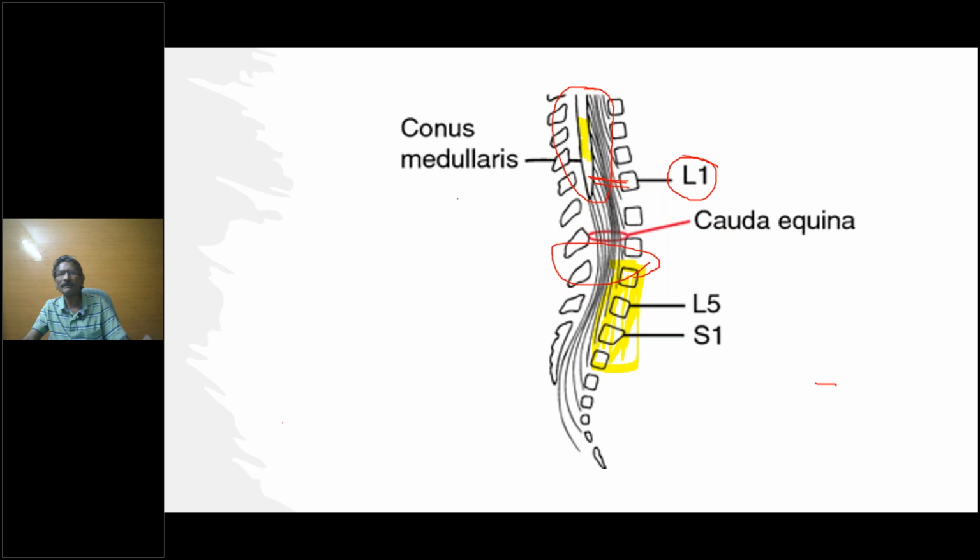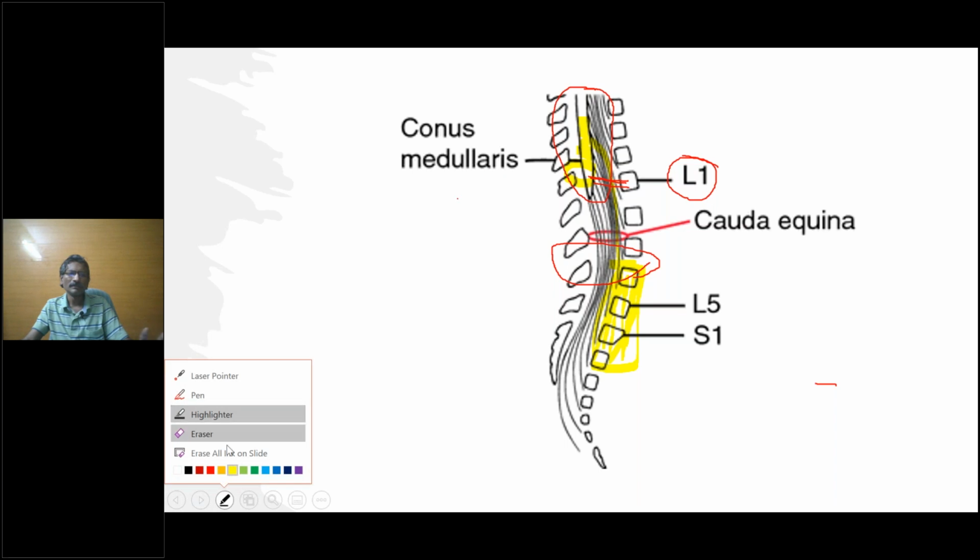This will be the lesion. Okay, but that will affect these roots. What I was trying to tell is that a lesion which is affecting only this and not the tail part is not common. Let me just draw and show you. I think I made a mistake in showing the roots. Probably you got confused.